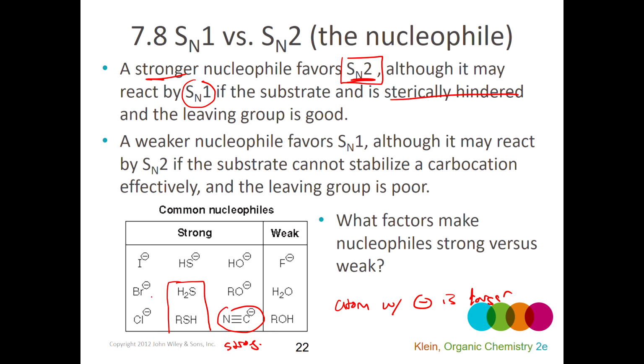But larger atoms form relatively strong sigma bonds, so they do make pretty good nucleophiles. So when you're dealing with a sulfur, whether it's negative or neutral, it's pretty good at sharing its electrons with carbon. And the same for the halogens. So those are pretty common nucleophiles, and you can expect them to come in and push out a leaving group